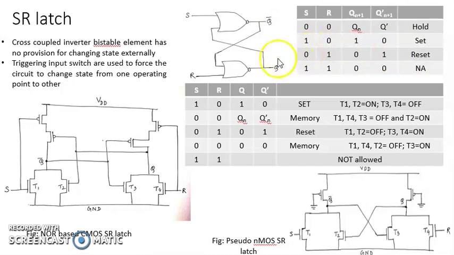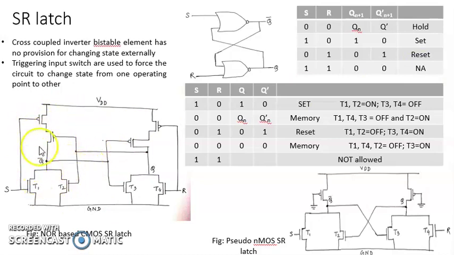From this state, if you change S and R both to 0, we'll see that the device holds its previous values, and that is why the condition S and R both equal to 0 is called the hold state, in which the latch preserves the previous output. If we make S and R both equal to 1, a contradiction arises where Q and Q bar are not complementary to each other, and this condition is not allowed in the case of an SR latch. A CMOS implementation of the SR latch is shown here.